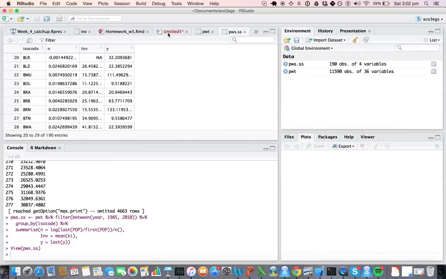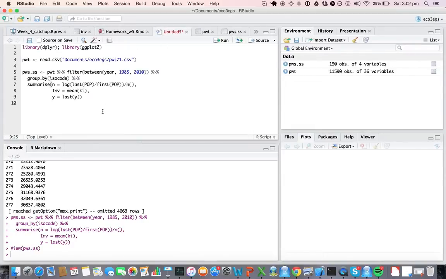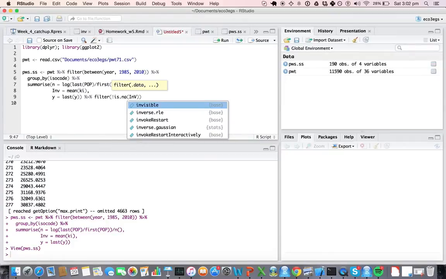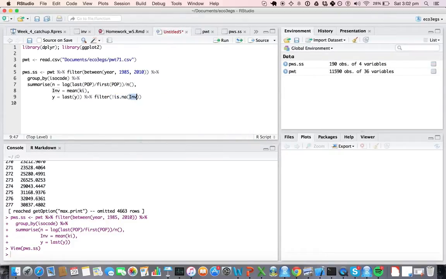So what you may want to do is come back here and add one more, which is filter, exclamation mark, is NA in. Now, what this function tells you is you give it a column name in here, which is inv, and it will give a column of trues and falses. And it's true if it is NA. So, for instance, if I say is NA,